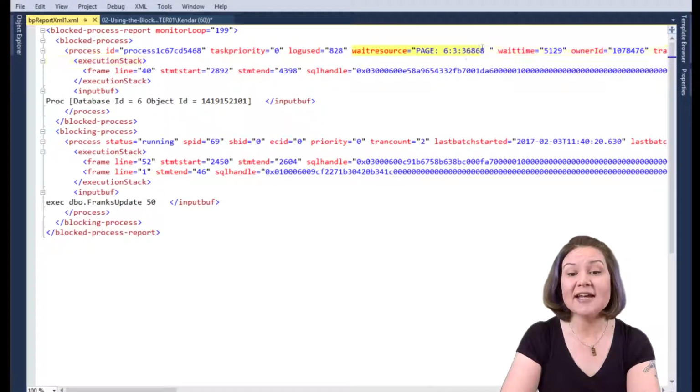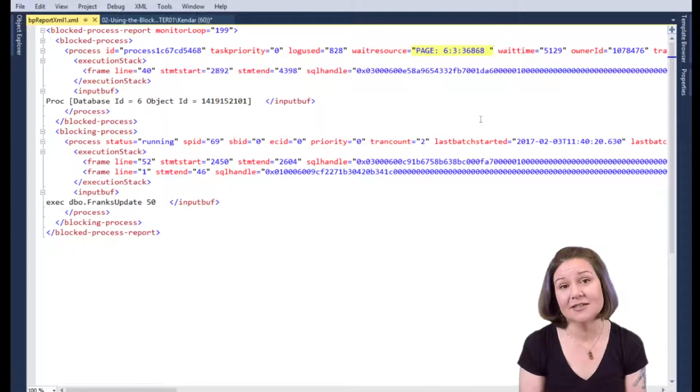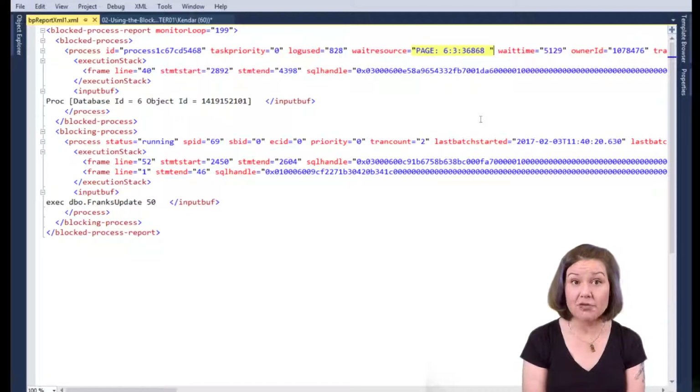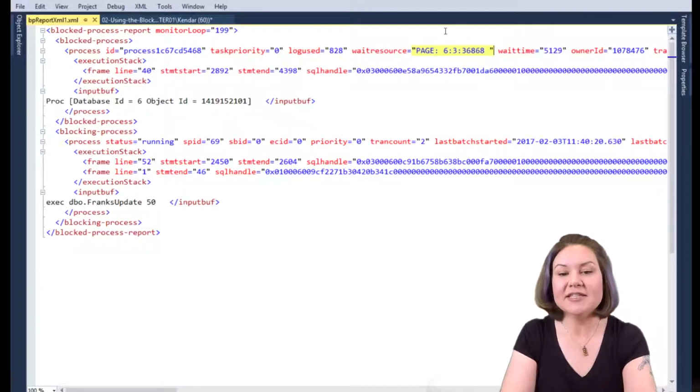We get inside the blocked process report information about what the wait resource was. There we go. Highlighting is tricky. The wait resource in this case was on a page. The blocked process was trying to get a page level lock. The engine had selected a page level lock. And we get just this code for it,